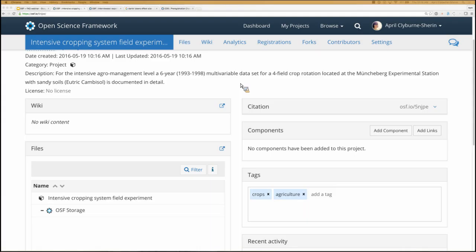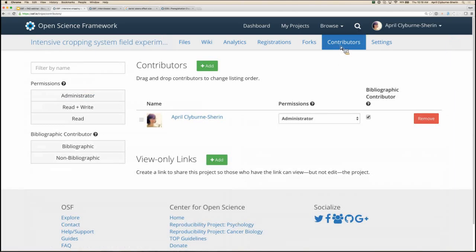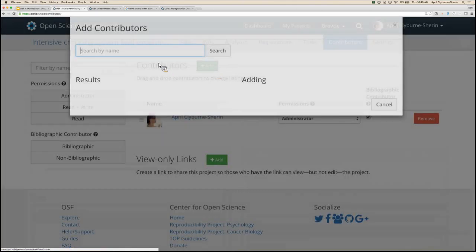So right now, I'm the only person on this project. But one of the most valuable things about the Open Science Framework is that it makes it very easy to collaborate across large teams, international teams, and distributed teams. So you can do this by adding contributors to your project, and those people will then be able to view or edit your project. So to add contributors, I click on this Add button here,